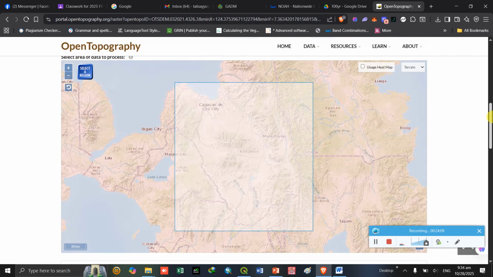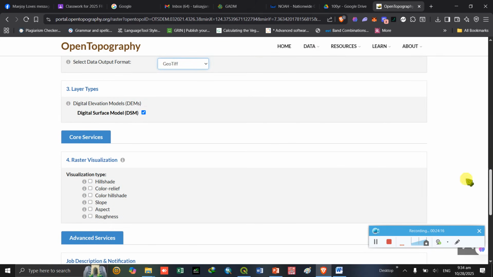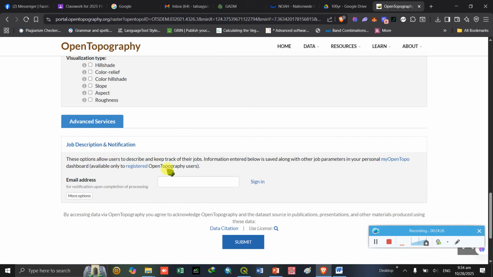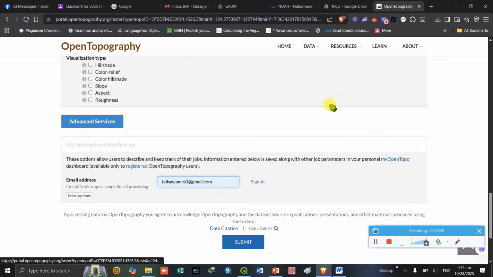Okay, and then just need to have the format, so we can use the GeoTIFF, the DSM. Okay, and then we don't need the hillshade. Okay, so we just need to have our active email, to send the link of the processed DEM. Okay, submit.